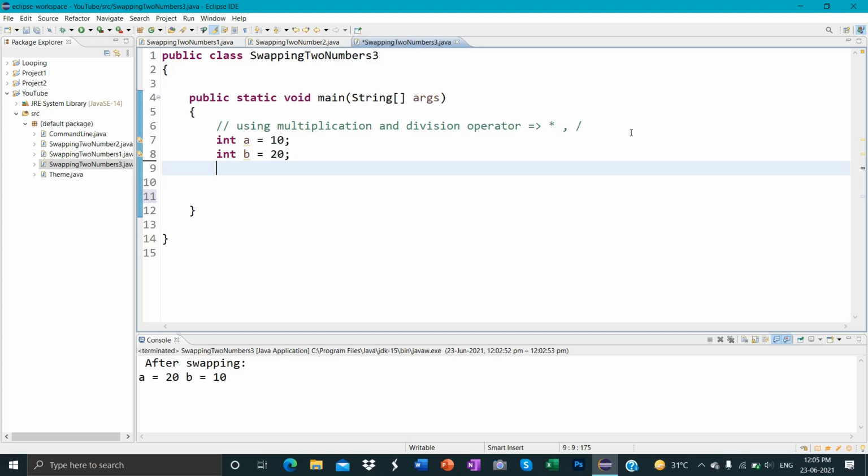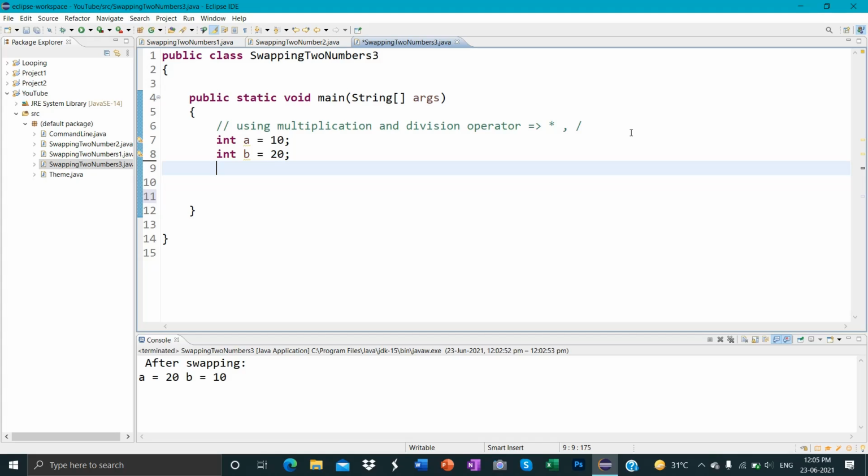You must note that whenever we are using this logic, that is multiplication and division operator, the values assigned to a and b must not be 0, because if any number is divided by 0, it will throw an arithmetic exception. I'll show you later about this. First let us see the logic. Let us implement the logic, then I will show you what happens if we assign any variable as 0. Okay, so let us first write one SOPLN statement, that is